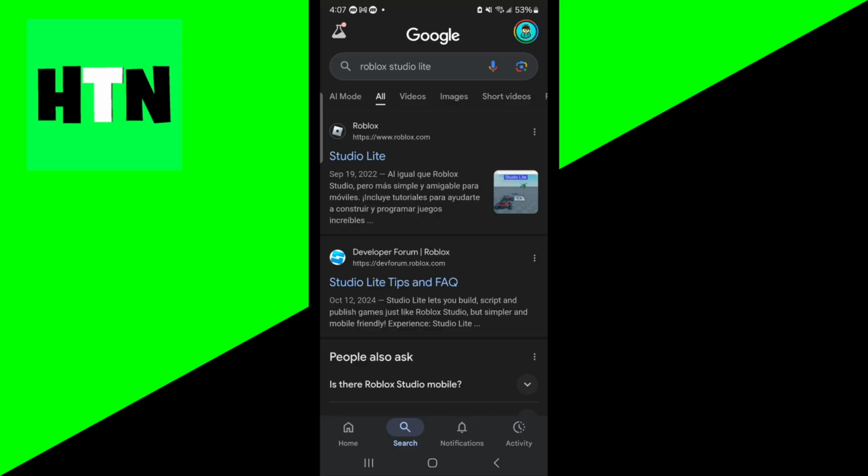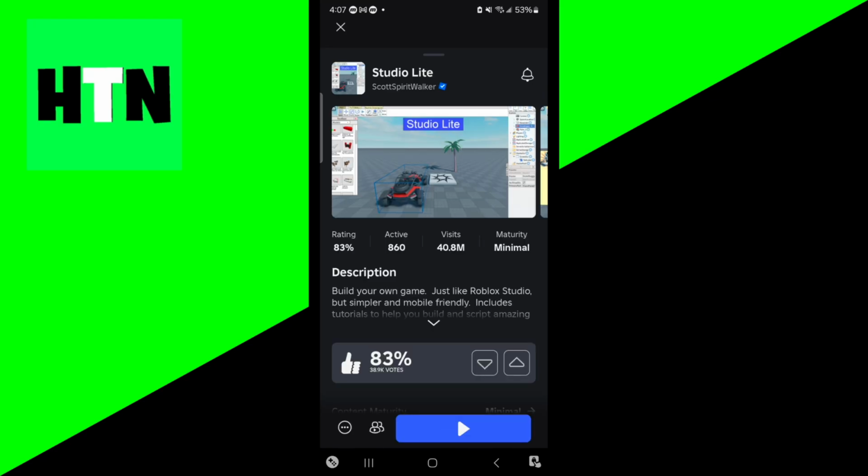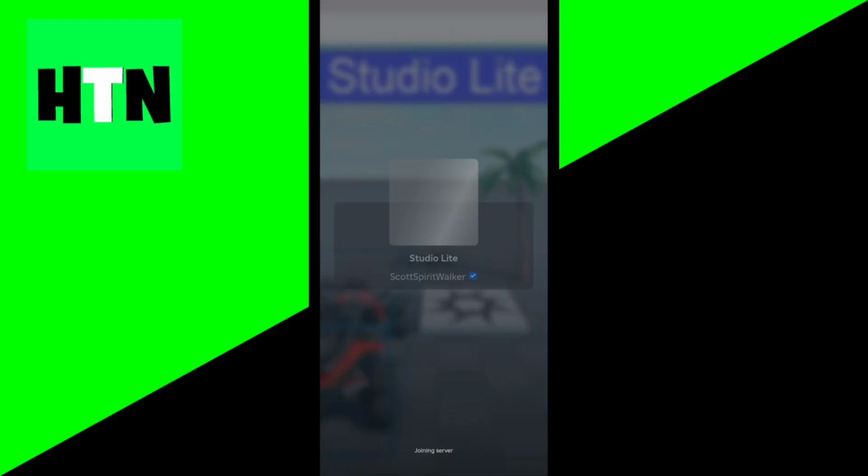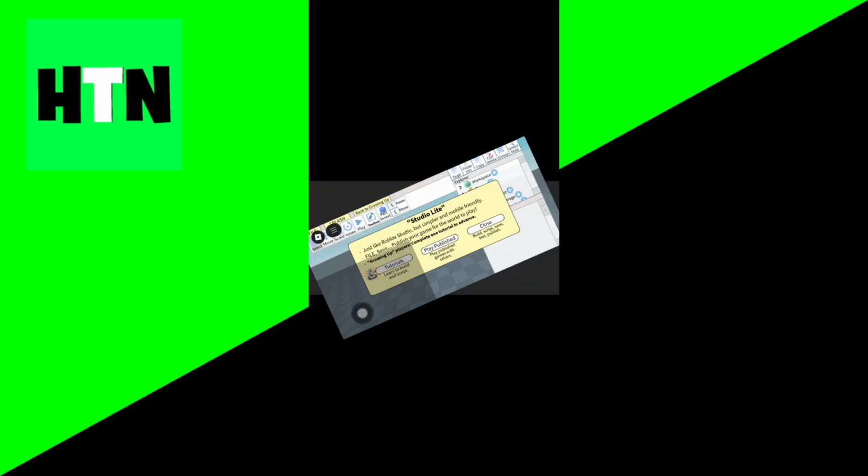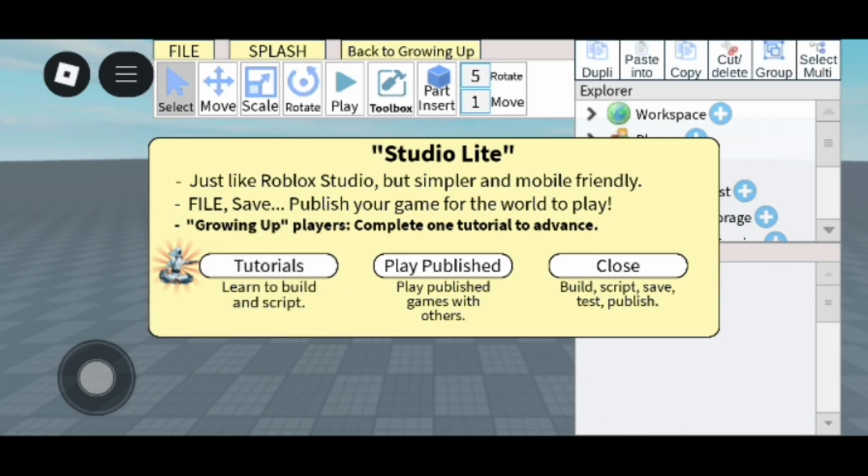Now, basically, this is going to allow us to use a version of Roblox Studio that is optimized for mobile devices. So you just want to go to the official roblox.com website right over here and press on that. Then you want to press on this blue button over here that will basically take you to the actual game itself. All right, and then from here, it is going to take us to something called Studio